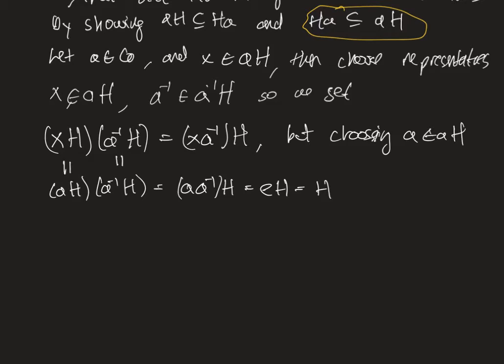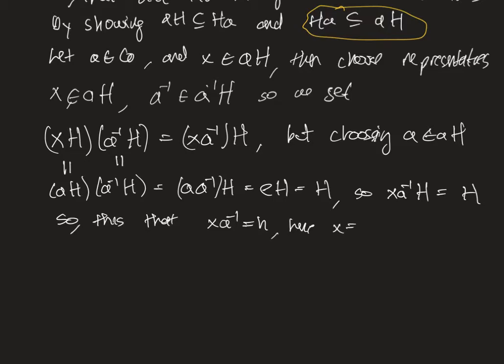This means that xa inverse H is equal to H. So this says that xa inverse is equal to some little h, since these cosets over here are equal. Hence, x is equal to ha by multiplying on the right by a on both sides, which means that x is in Ha. Since x was arbitrary,